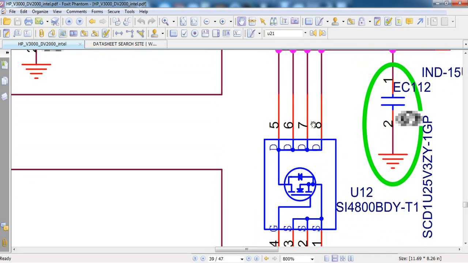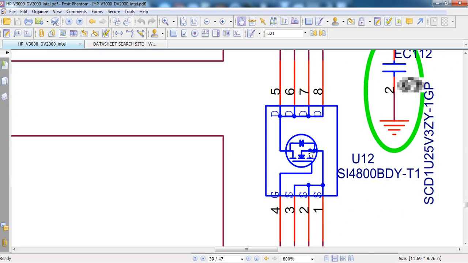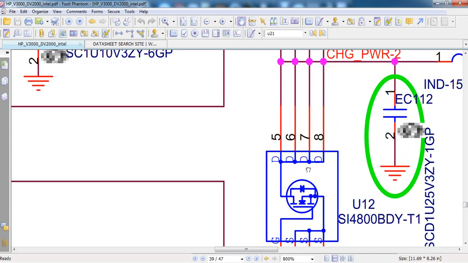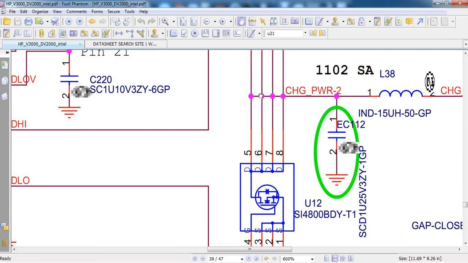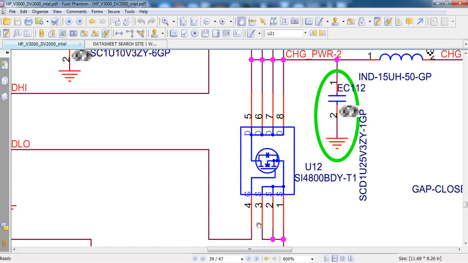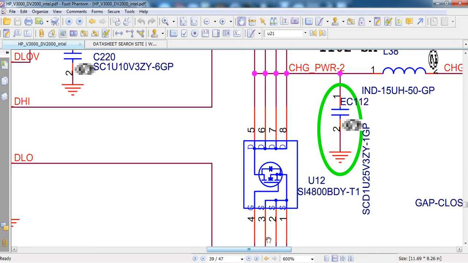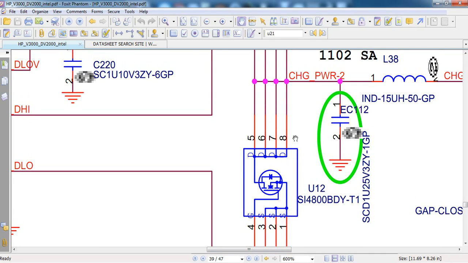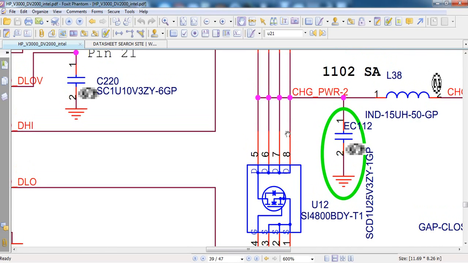For example, the arrow is inside, so this is an N channel MOSFET. N channel MOSFET conducts the voltage from source to drain, but the input is connected on the drain side, not the source side. If you connect the source side, no gate voltage is required to transfer the signal to drain, because the diode conducts the positive voltage like this, and the voltage goes to drain. But the input is connected on the drain side. Now what happens?